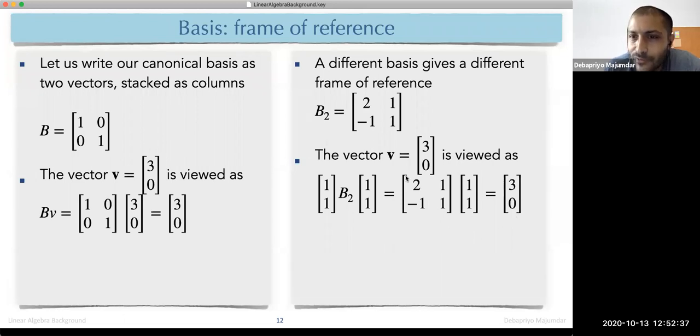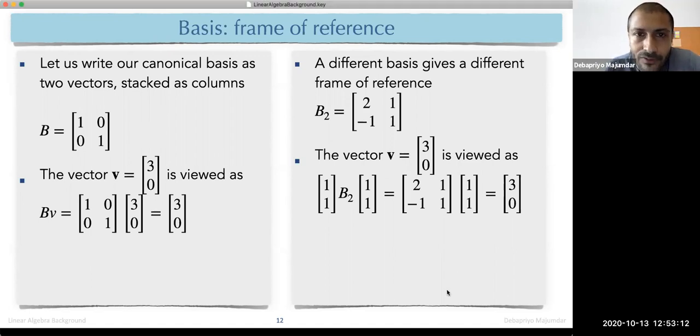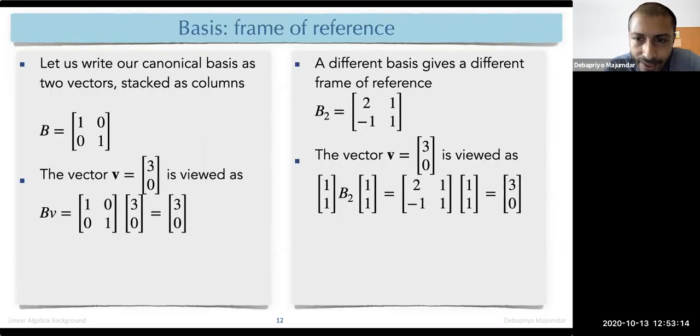So what happened? If we change the basis, our vector representation changes. Okay. So did you get the intuition that essentially when changing the basis, the basis vectors can be written as a matrix stacked column-wise, and the vector representation changes? So when we do dimension reduction or projection or anything like that, we are actually going to make use of these kinds of transformations. Okay. Now matrix. So any questions at this point, right?